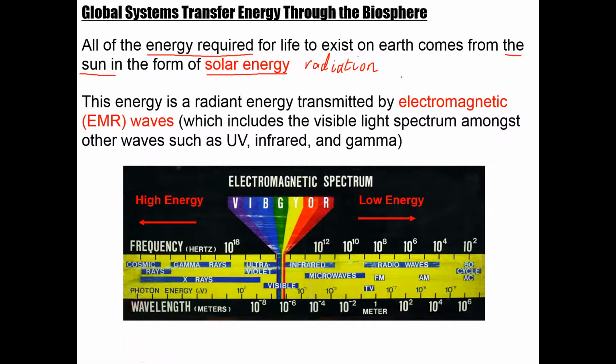As you can read, solar radiation is not just the yellow light that we see, or technically it's a white light, because that's only the visible light. The radiant energy is actually transmitted via something called electromagnetic waves, which we will look into in Physics 30. But in general, there are basically various